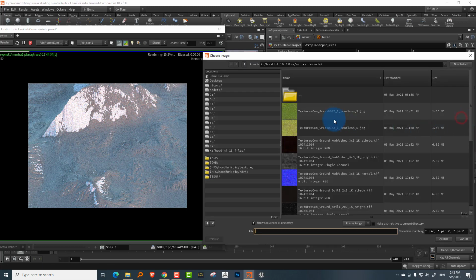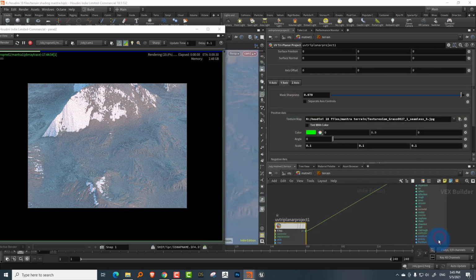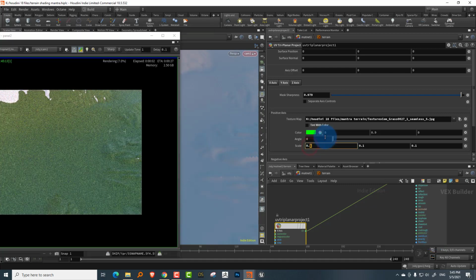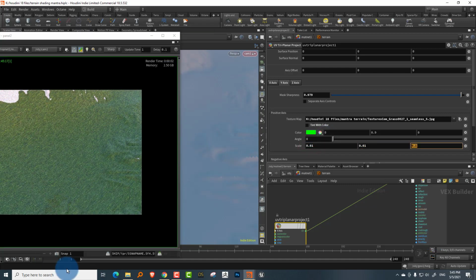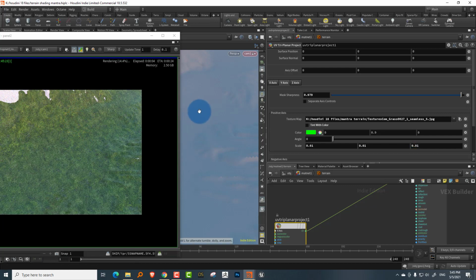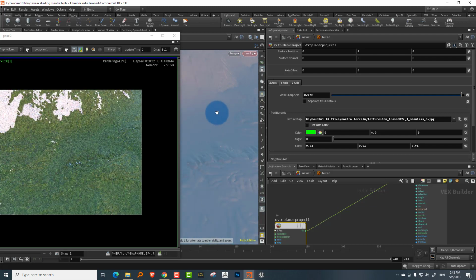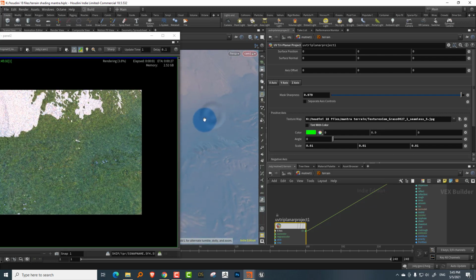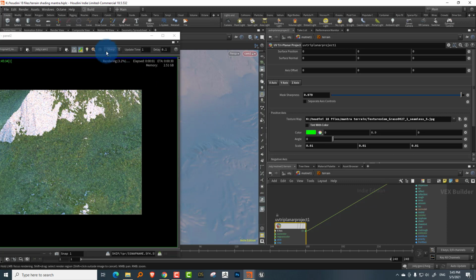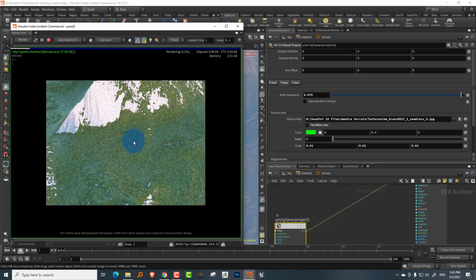Or hold on a second, let me just change this. I'm going to try and take a grass map just so we can see it. Let's try 0.01, since we're dealing with the terrain. There you go. Now I can see it. Now we have our grass map, or at least it's large enough that we can see it. Usually you don't want it this large, but for the sake of this texturing class, so we can at least see it, I'm making it big enough.